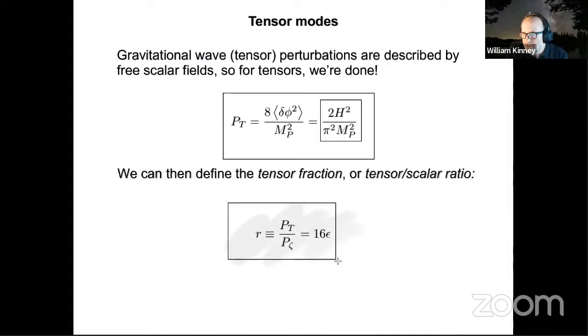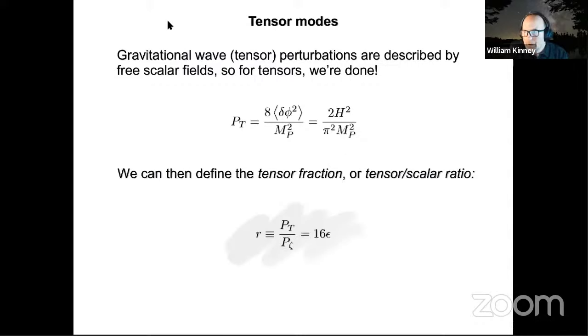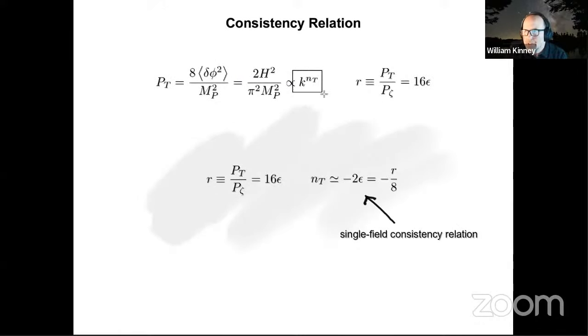And then I can define the tensor fraction, right? The tensor perturbation divided by the curvature perturbation, using that delta N formula, is just equal to 16 times the equation of state parameter. This is the classic result for the tensor-scalar ratio: tensor perturbations are a free scalar field, curvature perturbations are not, and the ratio between those two is just determined by this equation of state parameter, which does go to 0 in the limit of de Sitter evolution. And in particular, I also know from the asymptotic k dependence, if I'm near the de Sitter solution but not exactly at it, I have a certain k dependence in that asymptotic Bessel function.